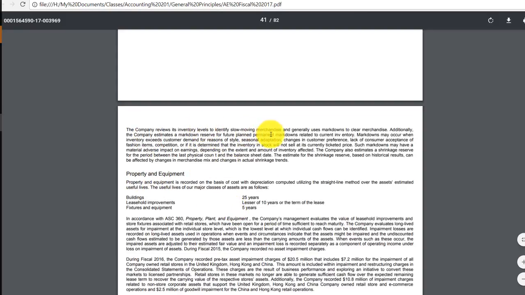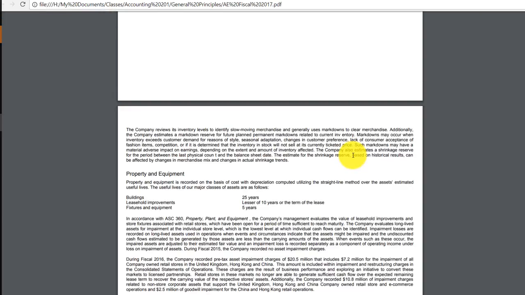We have more about lower of cost or market and slow moving merchandise, and when that happens, like the shrinkage, when it would be measured and how it could be verified with historic results. We have how long the property and equipment is going to be utilized. That again is an idea of measurement, as well as what method they use for